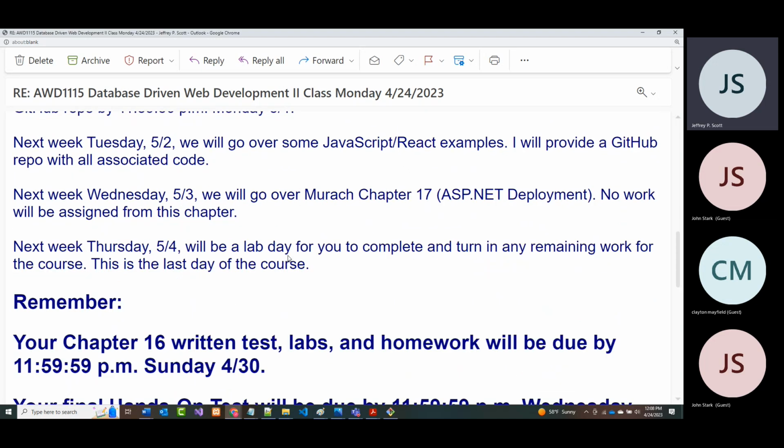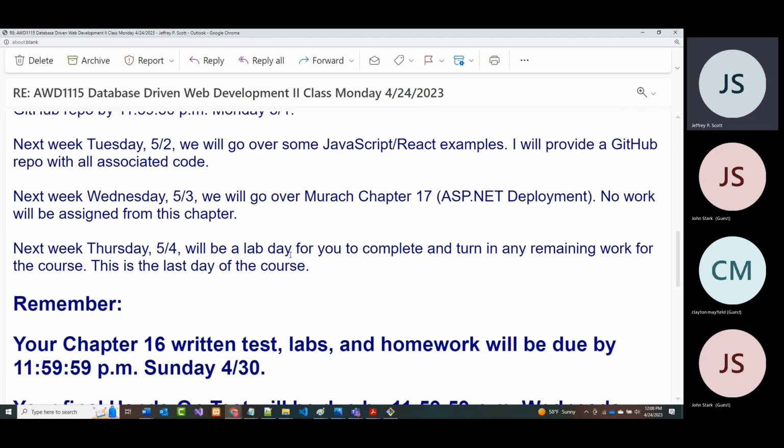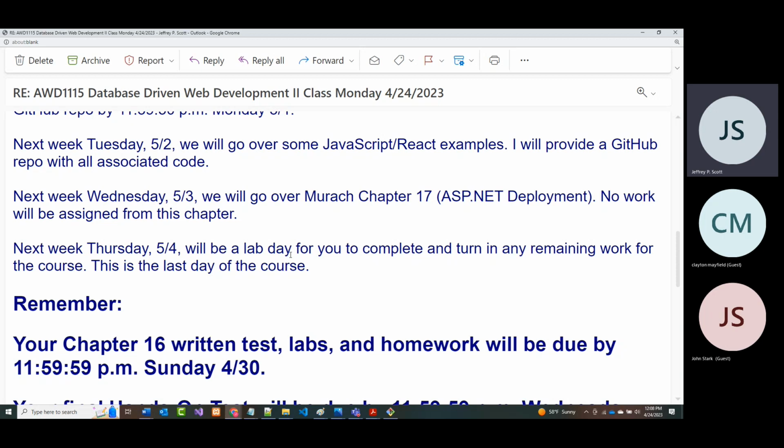Next Tuesday, so a week from tomorrow, I am currently starting to go over React with the students in the AWD 1000 class. Everything I do, I'm saving out to repos. I will give you a copy of that, and I will spend part of the period, if not most of the period, going over some JavaScript and React examples. Finally, a week from Wednesday, we'll go over chapter 17 and attempt to deploy one or more of these things that we've been working on. There will be no work assigned from the chapter. Thursday will be a lab day for you to complete any remaining work. It's the last real full day of the course. Technically they say Friday is, but